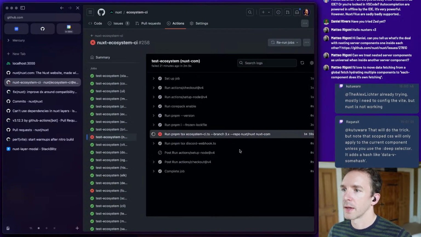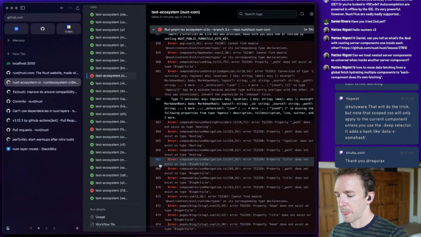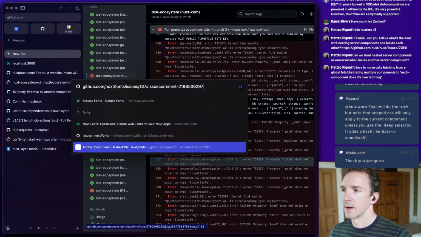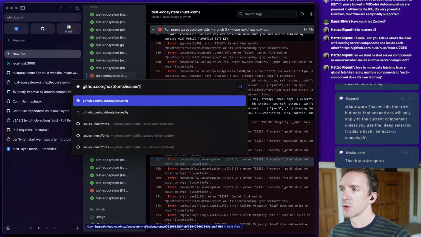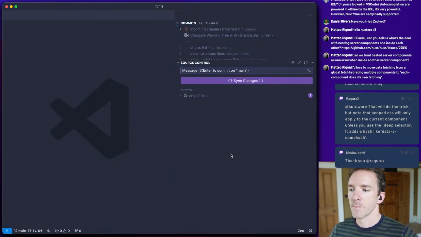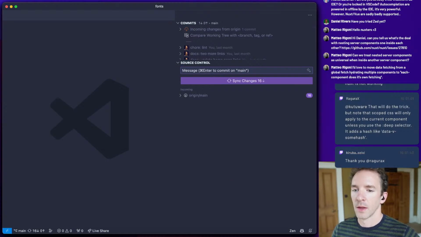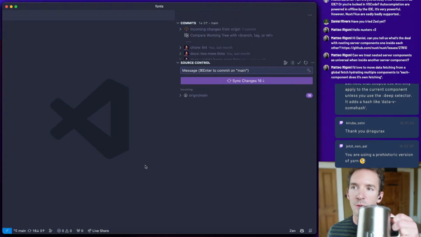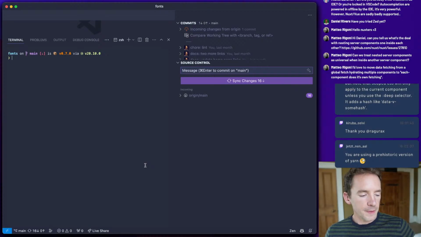Okay, ecosystem CI. Fonts, I think Nuxt fonts probably just needs to be updated, like the snapshot. Let me just test that. Yeah, it is a prehistoric version of Yarn, but it's because the reproduction is using it, I think.